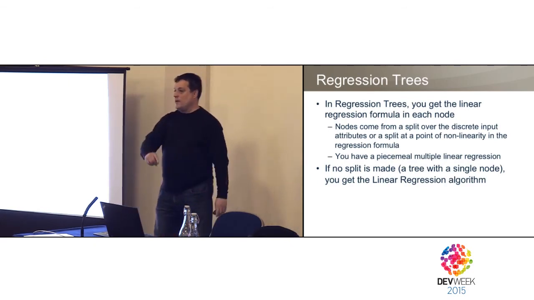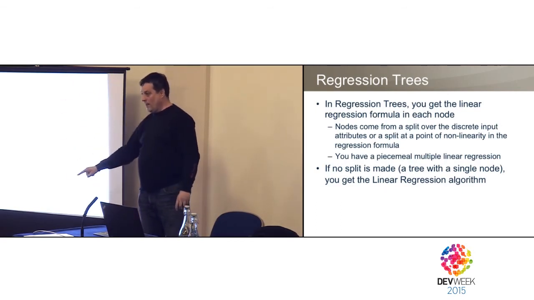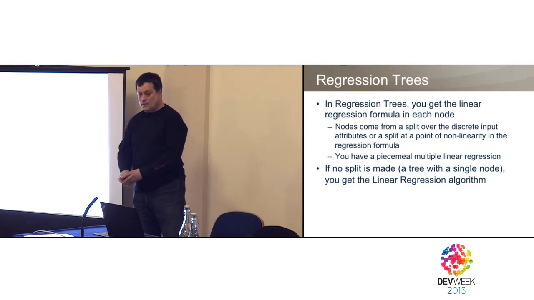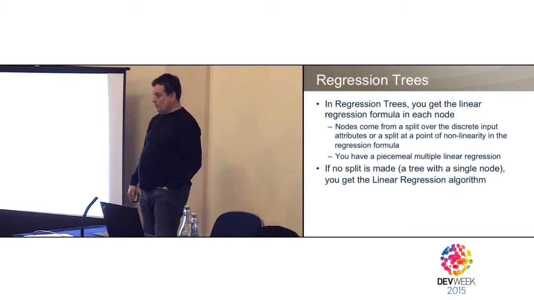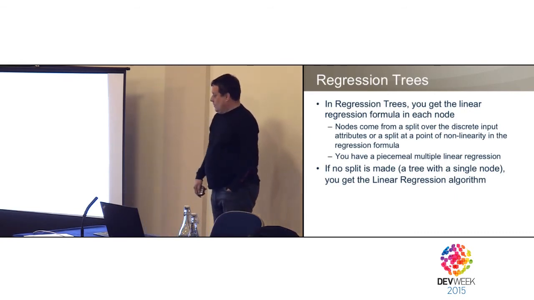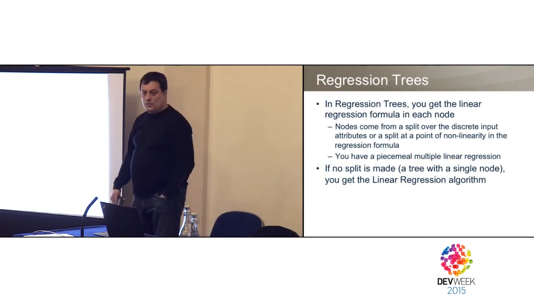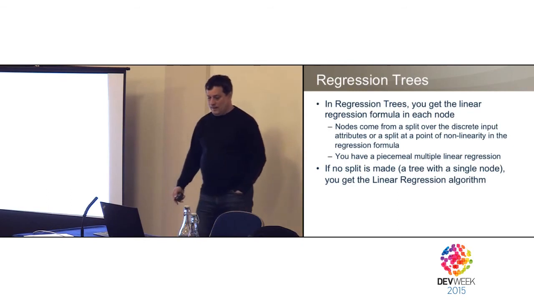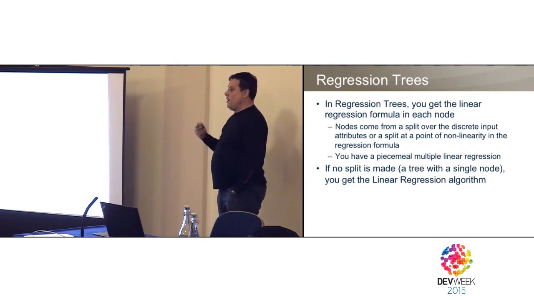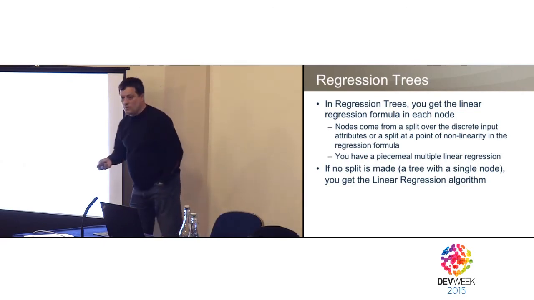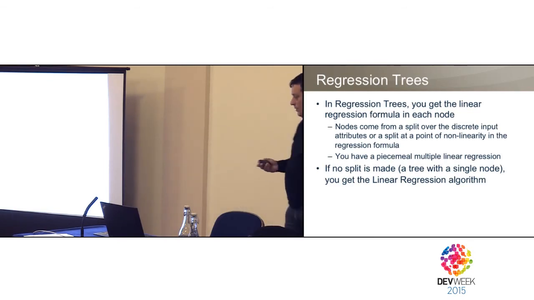Imagine that you have some variable that goes like a sine wave. So at every peak or valley you define a cutting point, a splitting point, and then you use this variable as a discrete one for splitting the tree. And the rest, the ones that do not have any points of nonlinearity, are used as regressors for the multiple linear regression formula in these nodes. So remember from the first module, or first part of this data mining algorithms, we said that